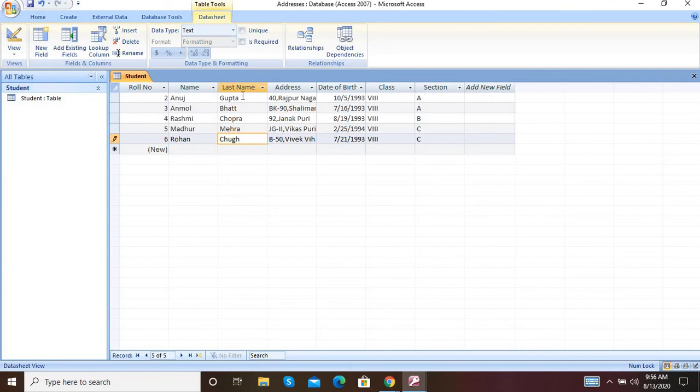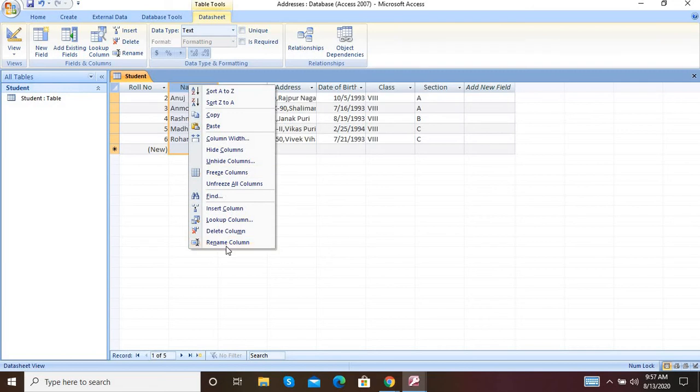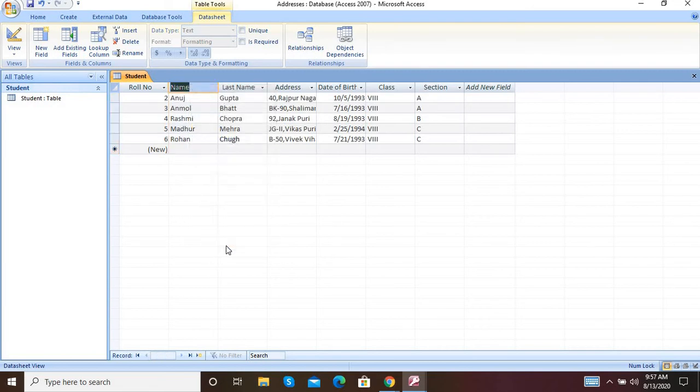Okay, second thing, rename the field name as first name. So this field name you have to rename. Right click and rename the field as first name.